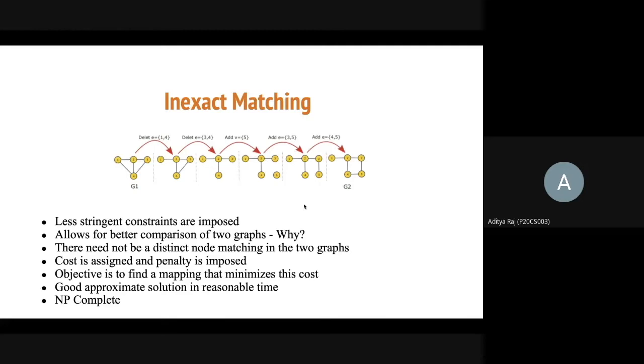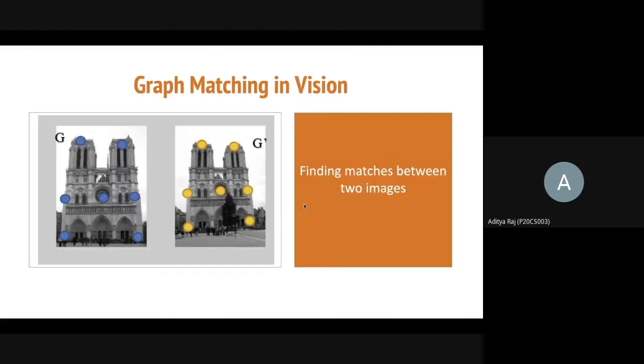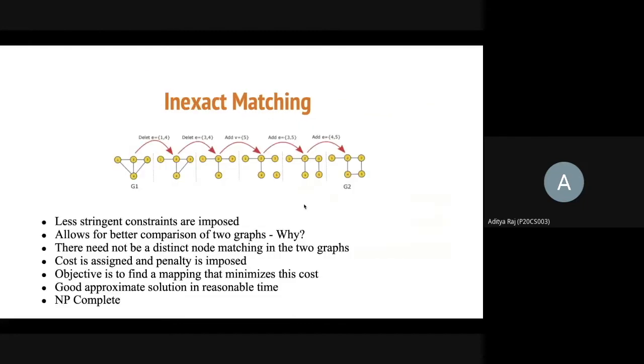The image that you see in this slide is an example of the graph edit distance, or GED, method, where you want to match this graph on the left, G1, with G2. You're trying to match these two graphs. How you do this is you go through the graph and delete the nodes as you move along until you get to a point where you can closely match this graph to G2. This is just a simple example. We'll discuss another algorithm which we have worked on for this project later in the slides.